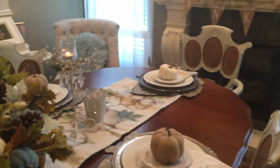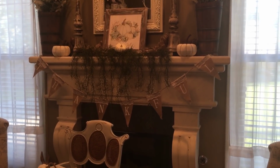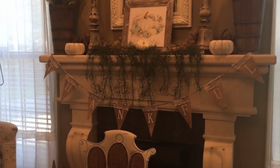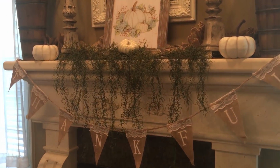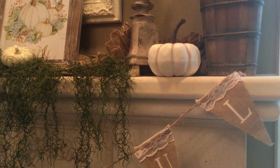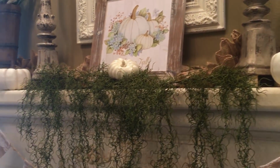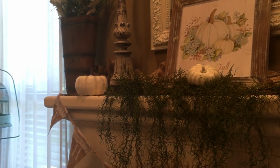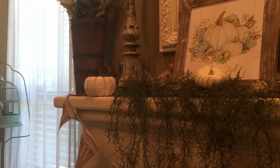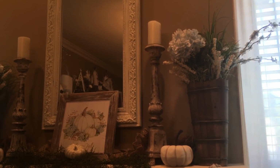I want to show you my mantle, what I did with that. I just hung a thankful banner up, and then I put some greenery on the mantle with the Target's Dollar Spot pumpkins that I did in a haul. That little pumpkin I already had in the middle, and then I put another of the Target white pumpkin right there. And then I've got my greenery and hydrangeas up in those containers, and then